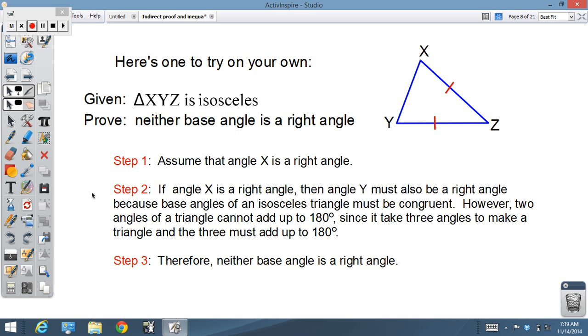And you can read along with that. See what we did. We assumed that the angle was a right angle to contradict our proof statement there. And when we did that, we ended up finding out it couldn't be true. Therefore, what we wanted to prove had to be true. Moving on,